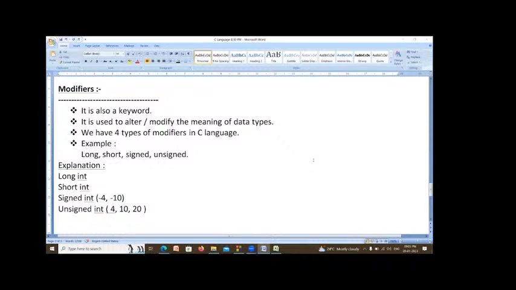What about long and short? Long means if you want to increase the size of integer, then you have to use long integer. Integer can store up to only 32,000. Suppose you want to store 1 lakh or 2 lakhs, then we need to increase the size of integer. That's why you have to use long integer. Suppose you want to store only marks. Marks are for only 100, no? The maximum marks for a subject is 100. The student may get only 0 to 100. Beyond 100 and negative numbers he won't get. Then you can use only short integer. Got it?